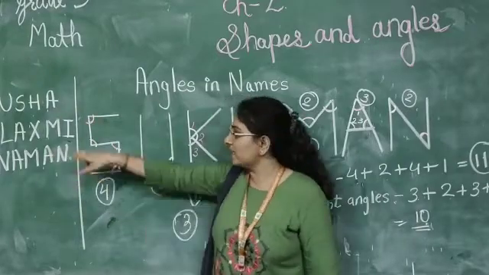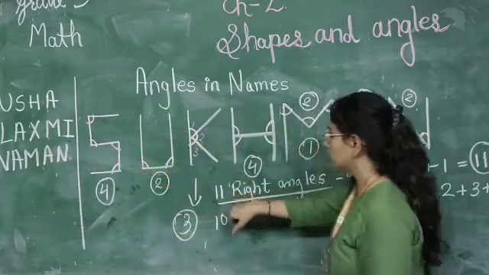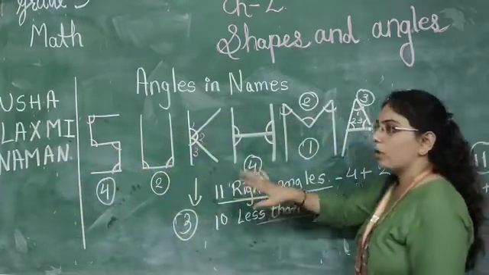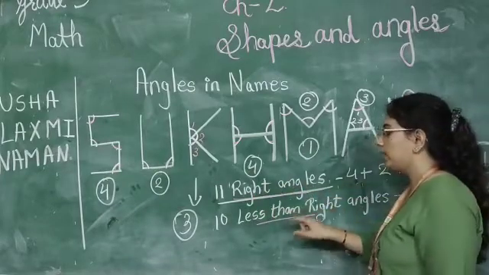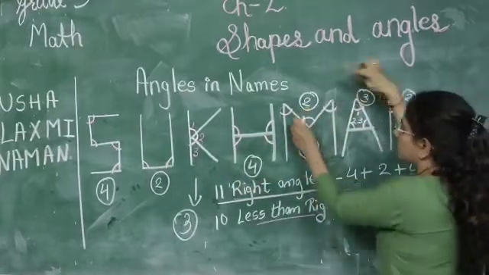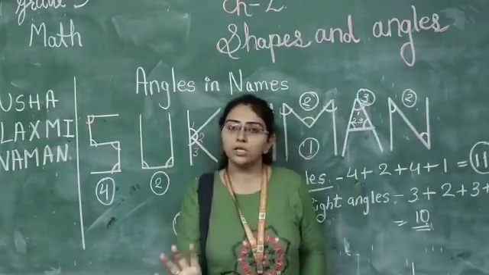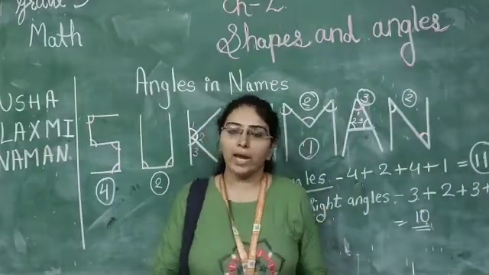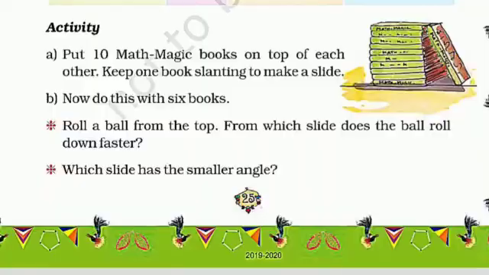You can use a pencil and do this exercise in your workbook by writing the names, and simultaneously you can write the angles. The box is also given. You can mention the angles less than a right angle and more than a right angle, and you have to write the name. You have to give numbers to the angles, so it will be easy for you to understand which angles are forming and in which way. So this exercise you have to do in your workbook.